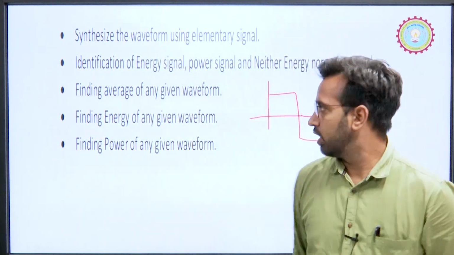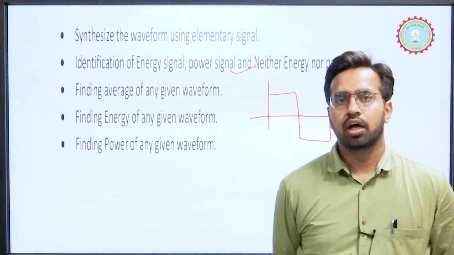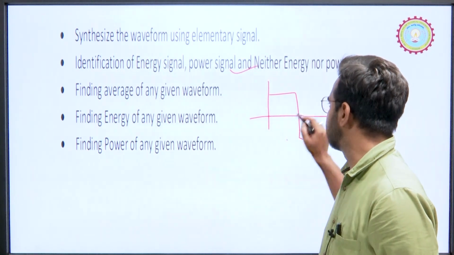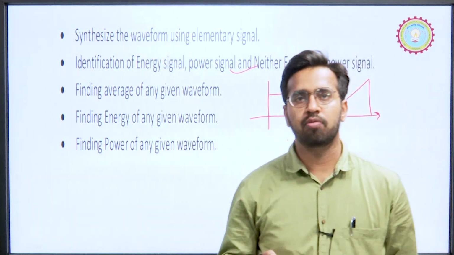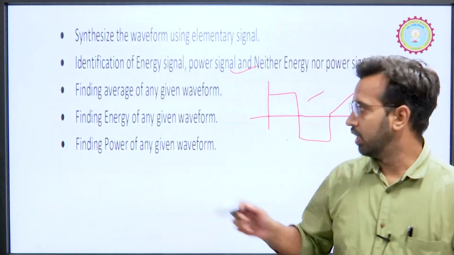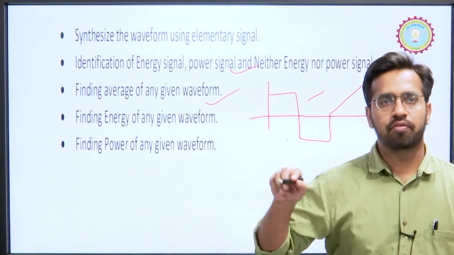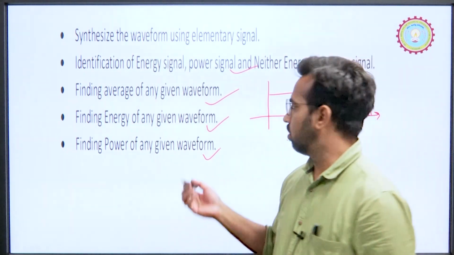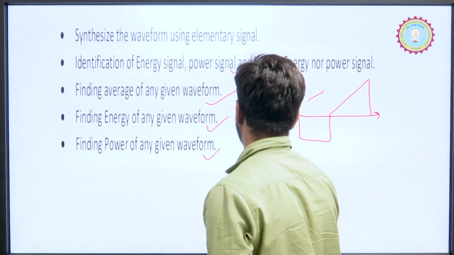In the second type, you are given a waveform and asked to identify which type of signal it is: an energy signal, a power signal, or neither energy nor power signal. Third is finding the average of a given waveform, then finding energy and power. As you know, average is basically